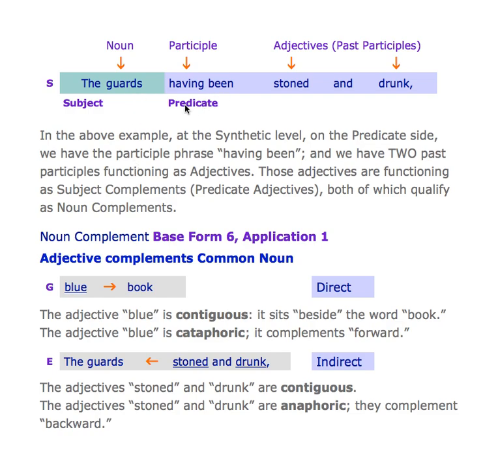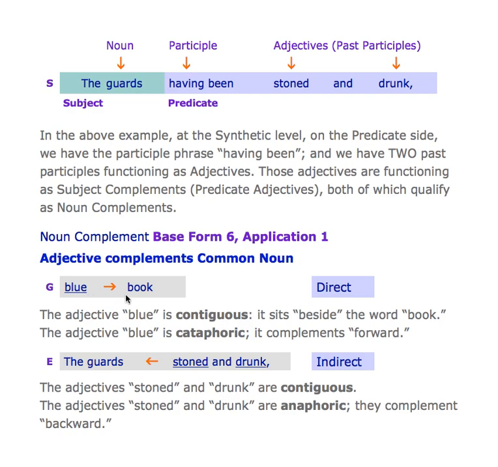Now what you see here is an example of noun complement, base form 6, application 1. And that states that an adjective complements a common noun, right? That's base form 6, application 1. So at the genuine level, the very original level of thought, let's say you have a phrase, blue book, all right? That's a direct complementation. Blue book,